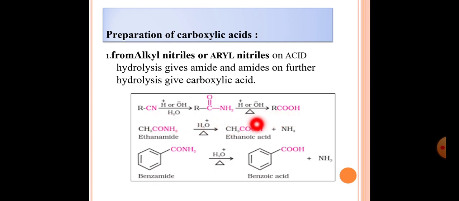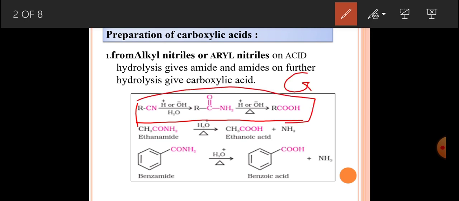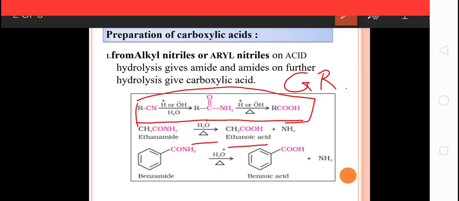Students, this first reaction is nothing but the general reaction. If you remember this general reaction, R may be any substituent, and you can write the product for the given reaction. So first reaction is the general reaction. Remember. We now see an example. Example first is given: CH3 C double bond O NH2. Okay, directly they have given from nitrile to amide. So CH3CONH2 on acid hydrolysis gives ethanoic acid, but where will you get this from?